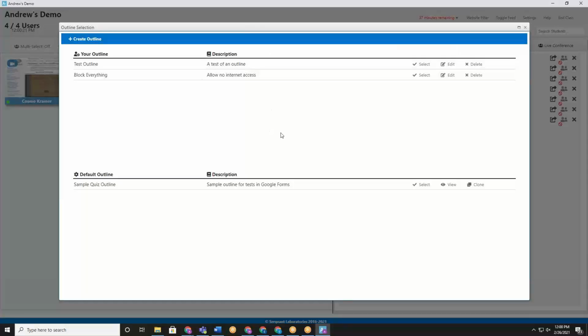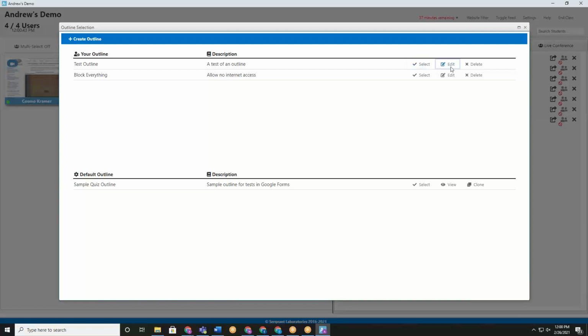So outlines are essentially rules for content if you already have an idea for where you want your students to be, and it does not have to be test specific. If you wanted to, you could create an outline where the only allowed website students could get to were the sources for a research project, or the only website you knew you were using for class that day. Essentially it is here for you to monitor distractions, limit them so students are only getting to the places that you